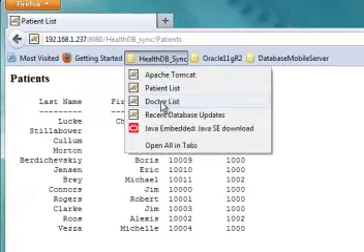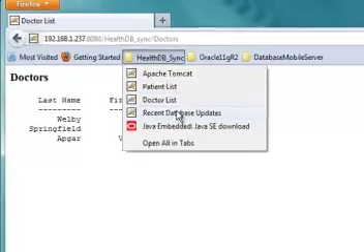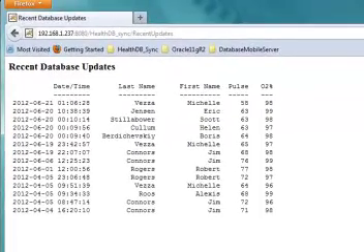We have a simple doctor table. Right now we have 3 doctors. Each one of them has its own unique ID, so you can go back to the previous patient table and get a feel for what patients are under the care of each of the doctors. And then finally, we have a pulse oximeter table. In this case, we're showing this joined with the patient, such that what you see here is a particular patient at a particular date and time got a reading with pulse and oximeter blood content. So here's a list of recent updates. What we'd like to do now is show how we can update this database by taking a reading from our pulse oximeter.